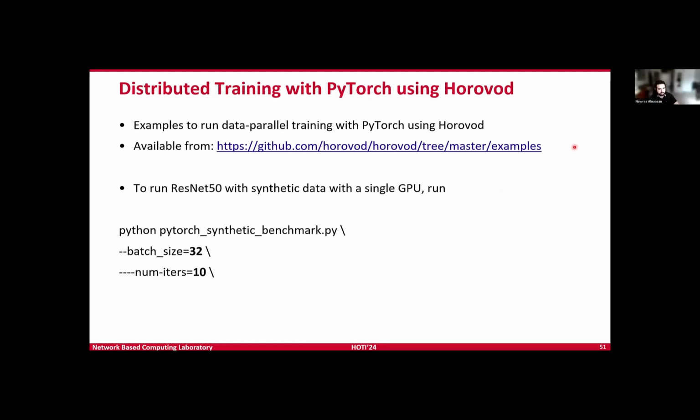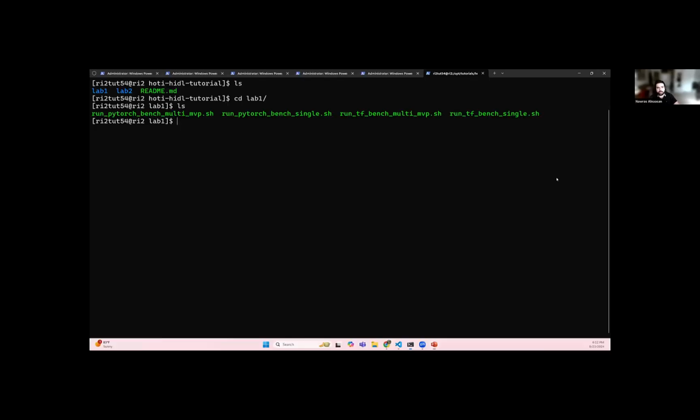Okay, so again, if you're interested in running these labs on your machine, you can visit this link. I'm going to run them on my end and show you the results. So this is on the RA2 system. This is a system at the Ohio State University. We have V100 GPUs that we will be using, so NVIDIA V100. We're going to see the single node performance and compare it to the multiple node performance. And in here we have a single GPU on each node.